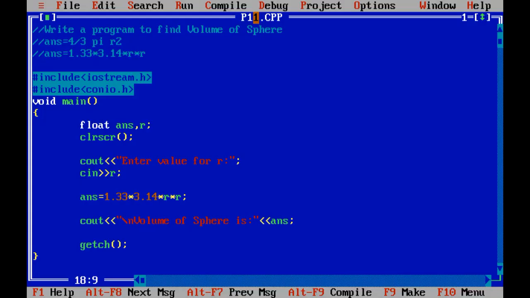So this is the program which is related with the volume of sphere. I hope you have written this program into the notebook. Just check it or compare it with this program whether it is correct or you have made some mistake. Then mark it and don't repeat it again when you develop the program. Let us take one more file.